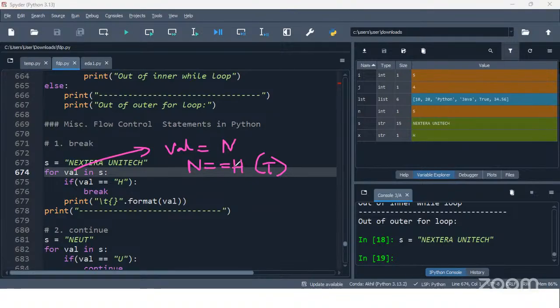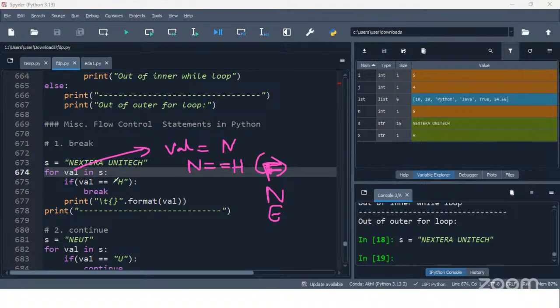But is the condition true? It is false. So obviously, as the condition is false, it does not enter the if block. It directly prints the character that val has. So n gets printed. In this way, it prints each and every character